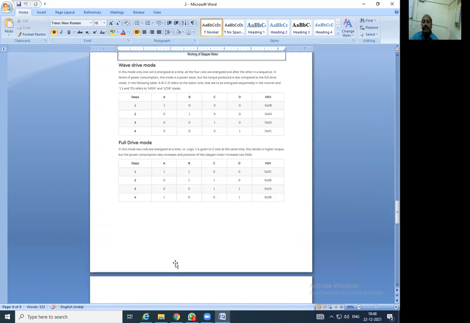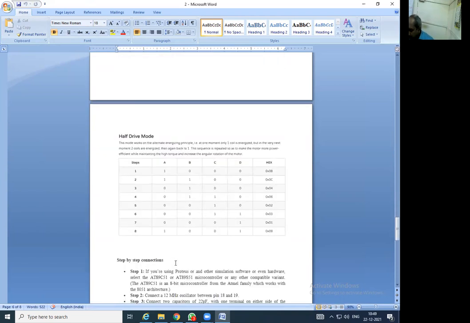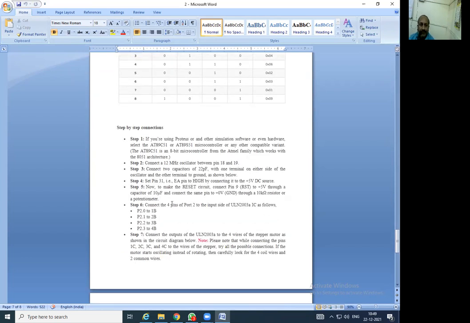But in half drive, it is more than that, that is double, that is 45, 90. In steps of 45 degrees it is going to be added. And for each one, how this hex value came, that also we have seen in the session. So what are the steps behind that?